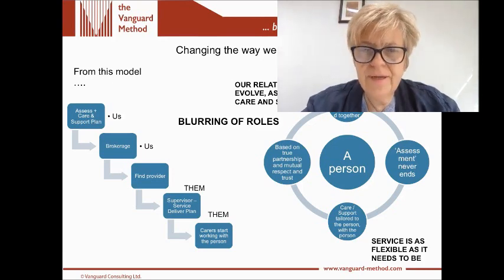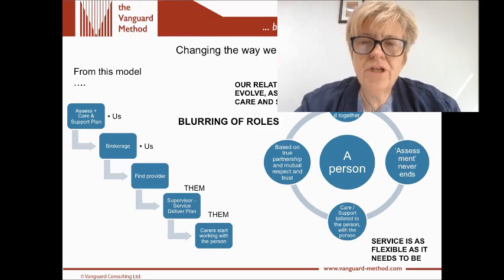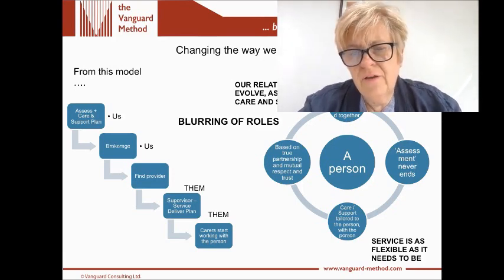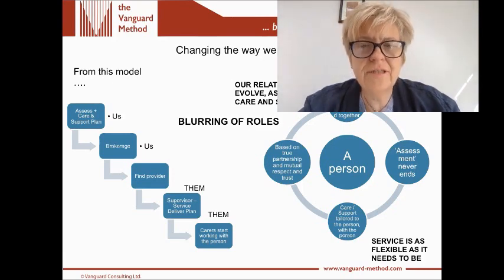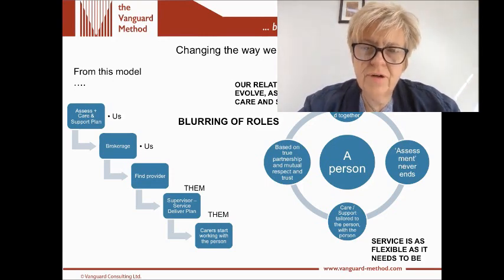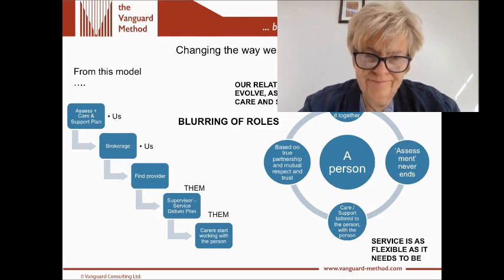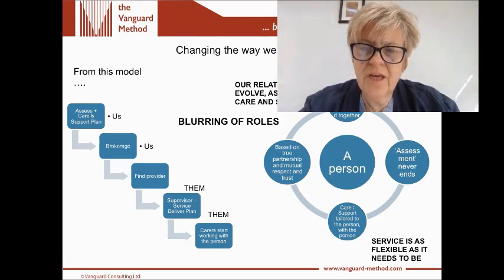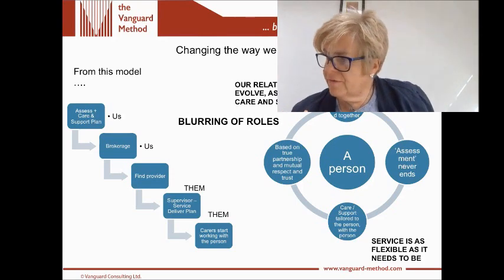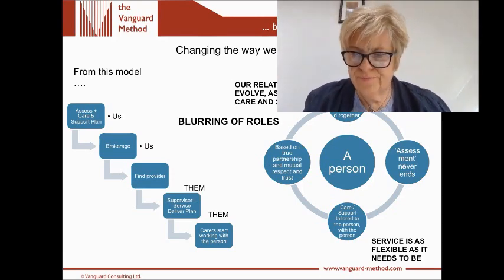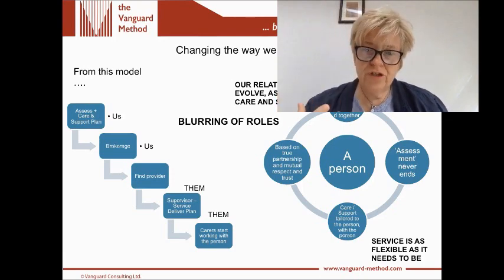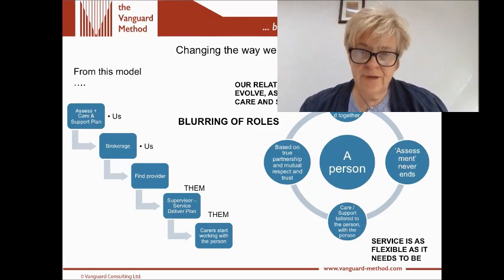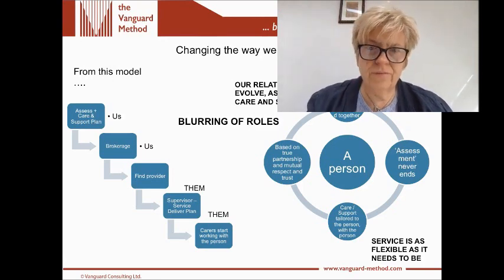And again, this is developing. Understandably, those commissioned providers have been a little bit sceptical and a bit wary of a commissioner who suddenly is saying, actually, we want to value you, we want to value the citizen primarily, and we really want to work together, not in an adversarial way. And as you'll see in a few minutes, there are some significant impacts of this approach. So very much the service, or whatever you wish to call it, is as flexible as it needs to be, designed absolutely around the individual.